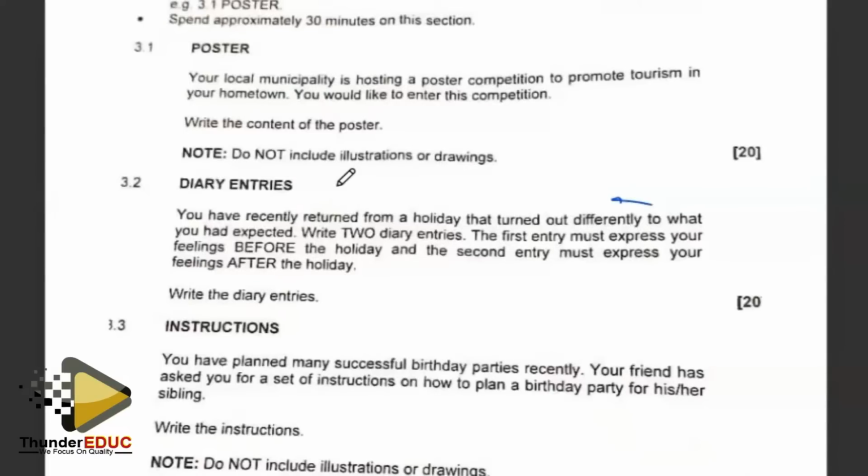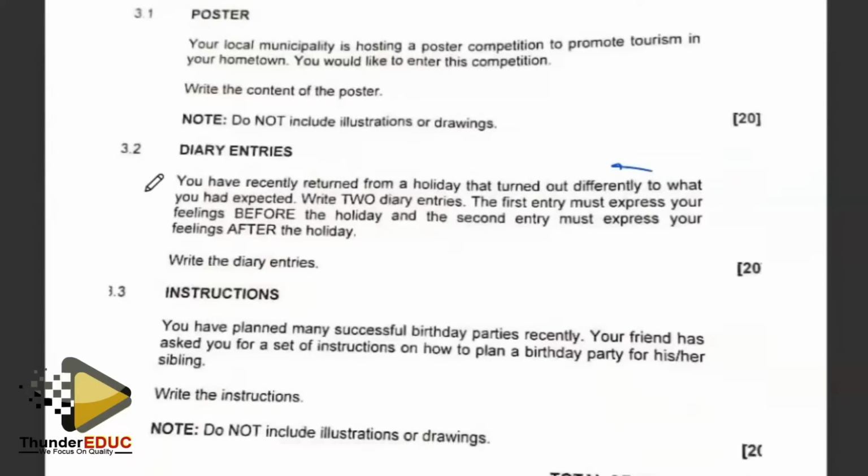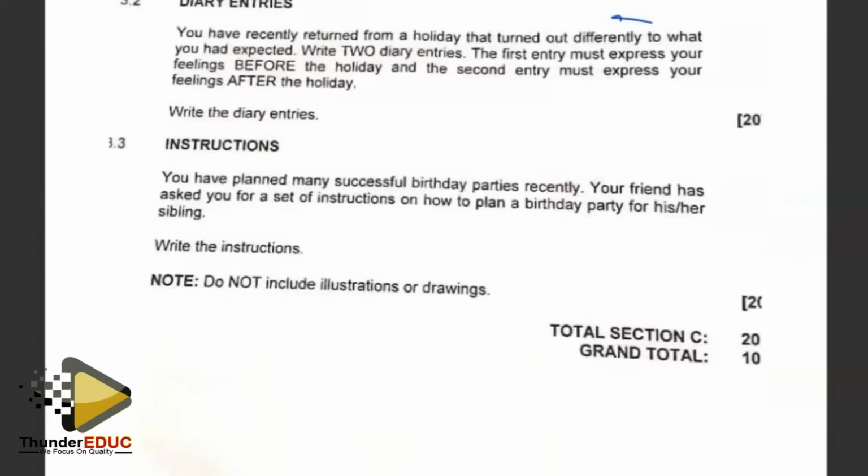These are all thoughts that need to circulate and orbit your mind when you're about to do this thing. So that is your diary entry that is out of 20. That's what you were expected to do. Then we have got instructions. Let's look at our instructions. With our instructions, it says you have planned many